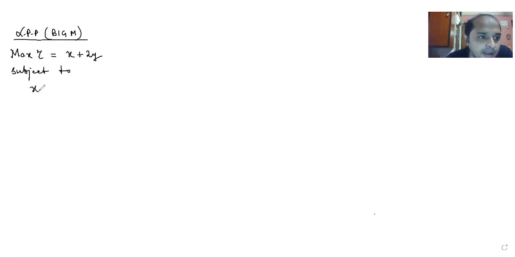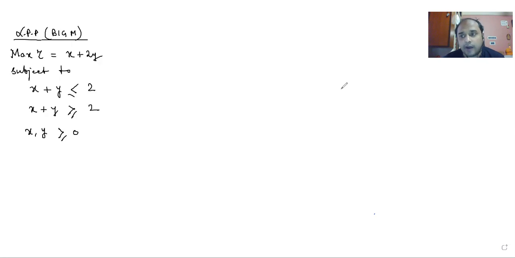x plus y. Now I am taking something which has not been taken earlier. I am going to take x plus y less than or equal to 2. One is a less-than-or-equal-to inequality, and another inequality I am choosing as x plus y greater than or equal to 2, so that x, y are greater than or equal to 0, and we want to solve it by